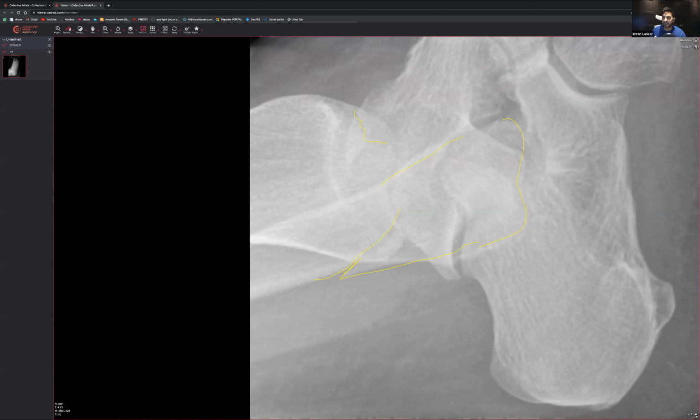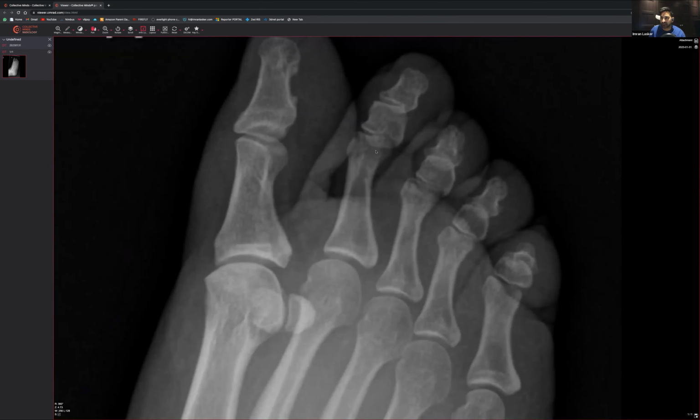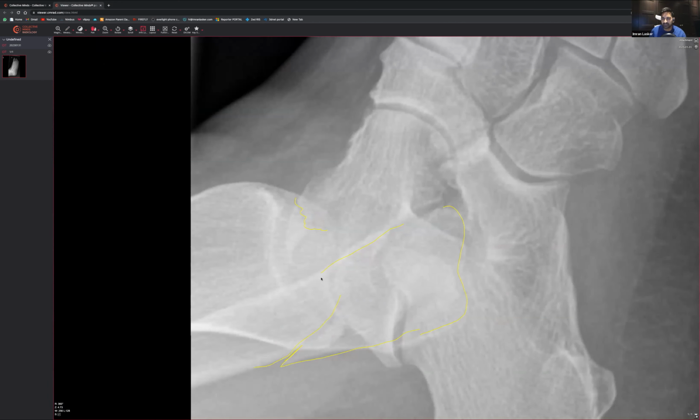There's definitely a lateral malleolus fracture, without a doubt. There may be a bimalleolar fracture, so you do need to get dedicated imaging. And I also think there is a fracture sitting within that neck over there as well. So you see what can happen is that you can get really focused on one fracture and forget about the rest. That's why it's so important to make sure you look at the entire X-ray, all the way through to the end.